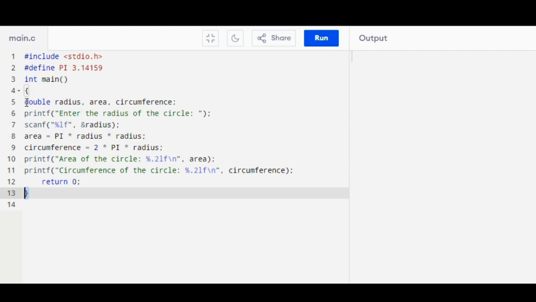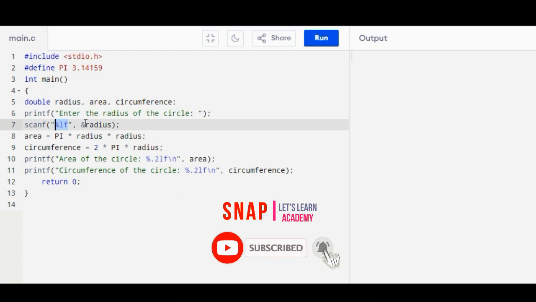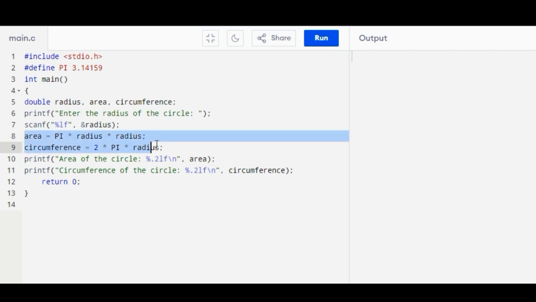The double data type is used to declare the three variables radius, area, circumference, and lf is used to read the double precision value. So it reads the value and stores it in radius, and these two statements are used to compute the area and circumference. Thereafter we are using two printf statements to print the area as well as the circumference,